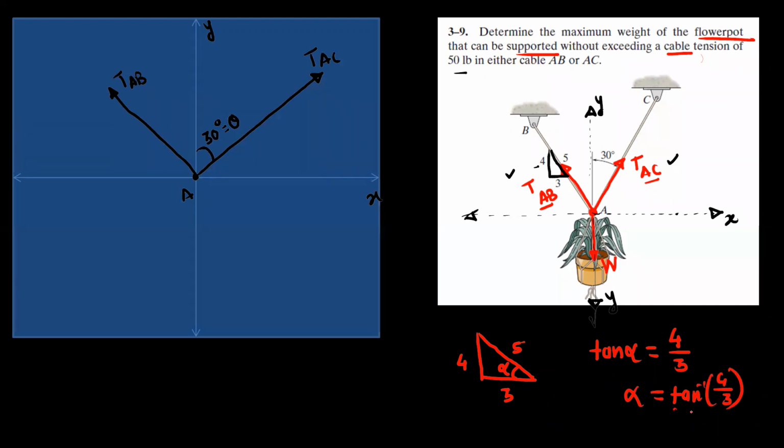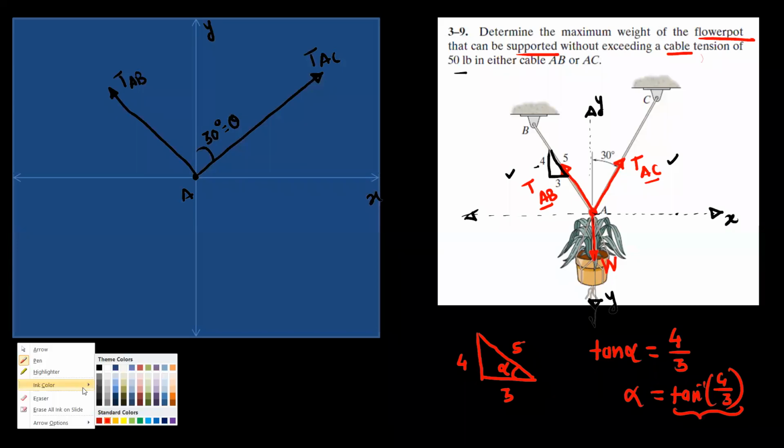Now to find this, don't use the log table. Just by using a calculator, you can find out this tan inverse 4 upon 3. For mechanics or BEE, you need the calculator. In the last lecture, I have shown the calculator. You have to purchase that, or you can use the calculator in your mobile. So you will get some angle for tan inverse 4/3.